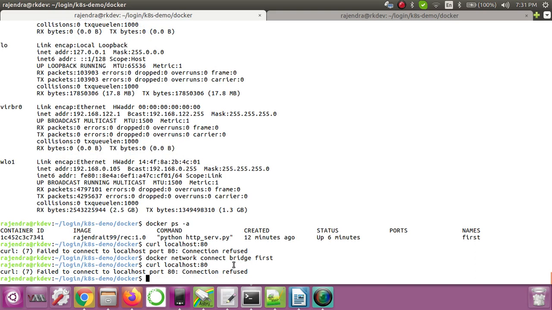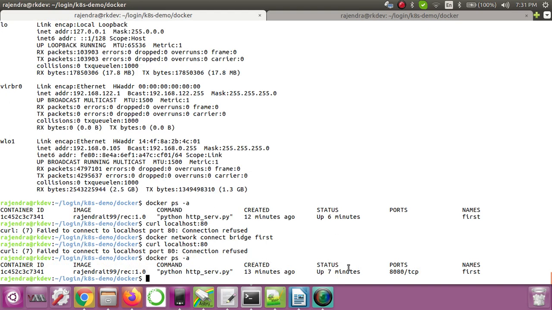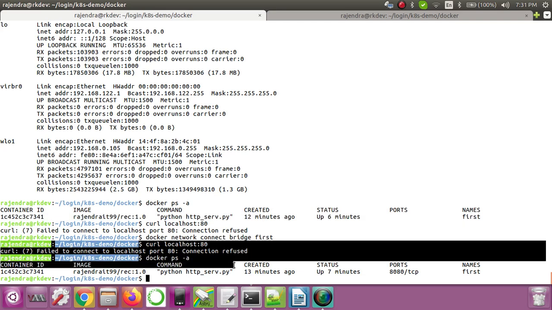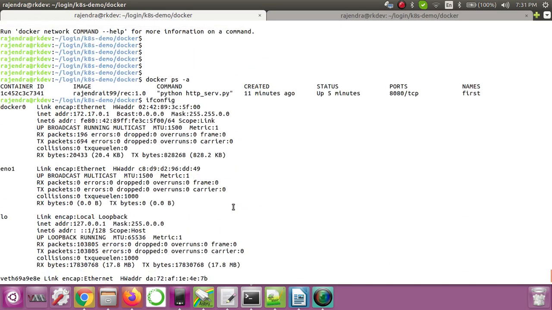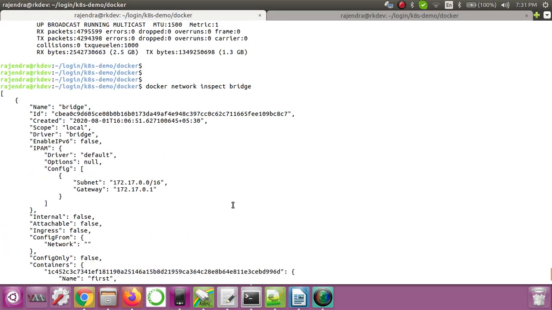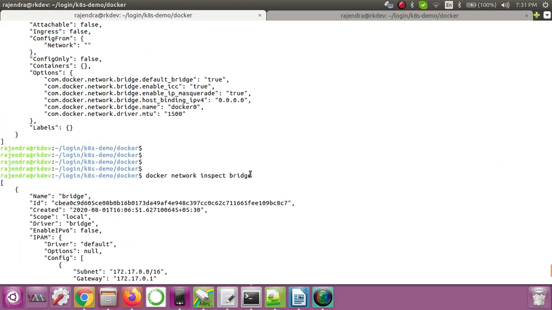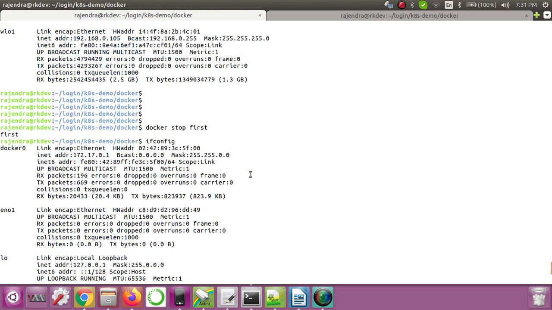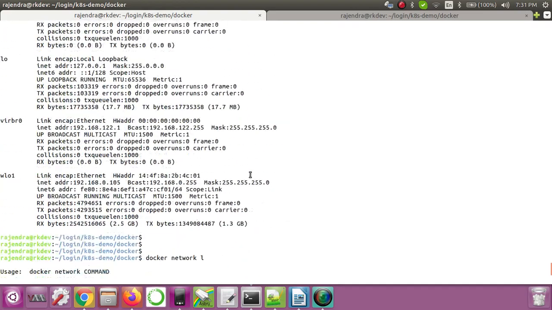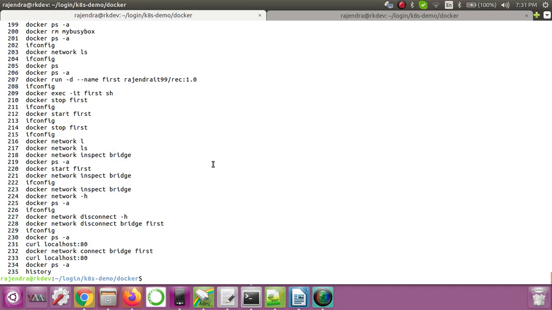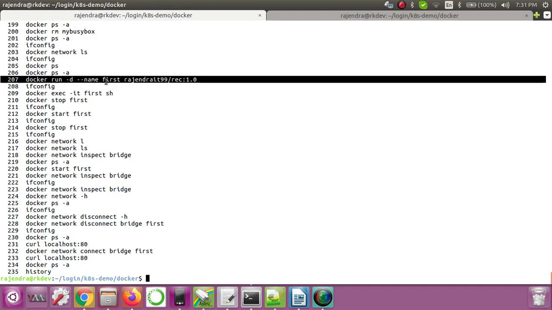why is it not able to access? Let me see. Let me do docker ps, okay, it's 8080, and which port have I bound this to? Let me see what -p I gave while starting it. It's exited. Instead of that, let me use the history command. So if you see, when I started the container, I didn't provide any port to bind to the host port.